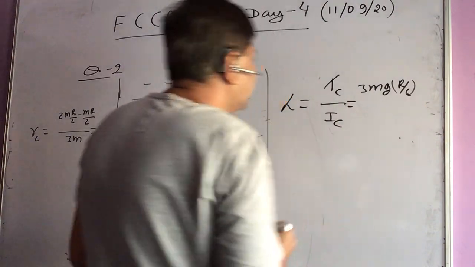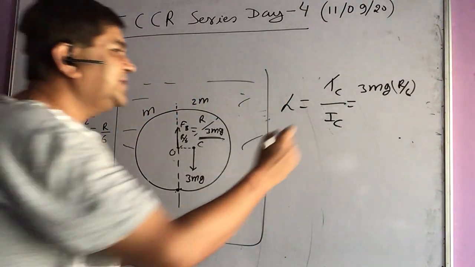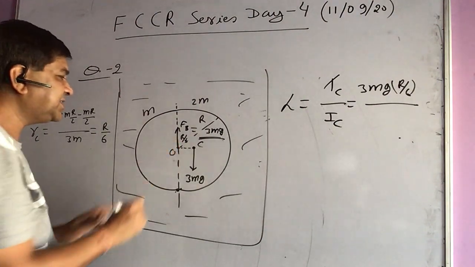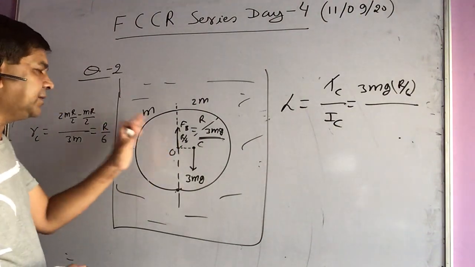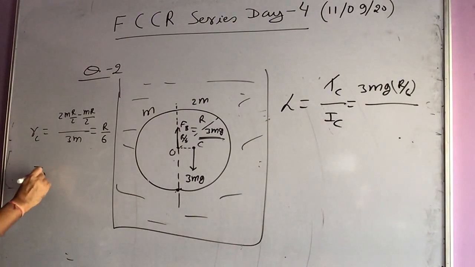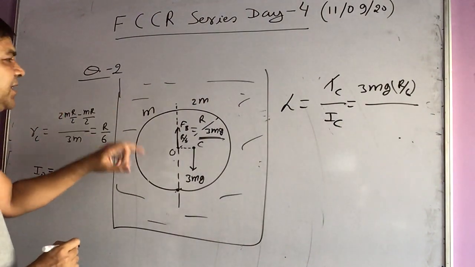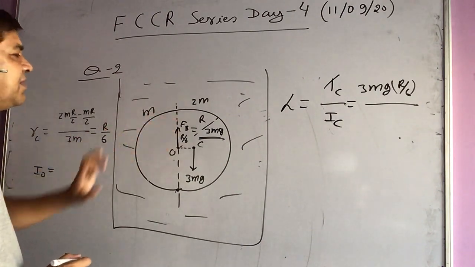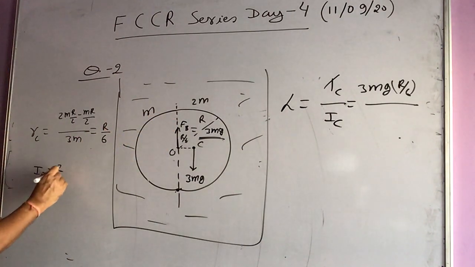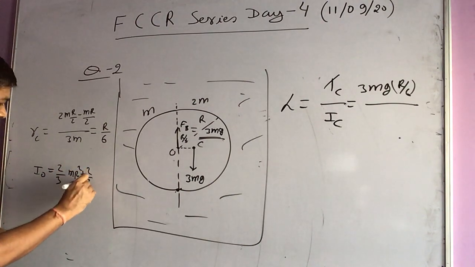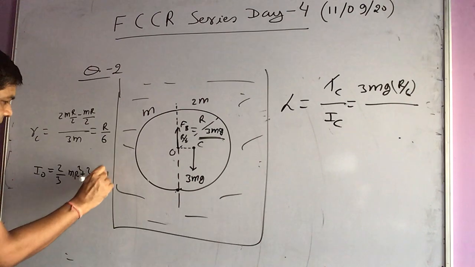And now the second part is the moment of inertia calculation. That is also a tricky one. In fact, you know, if I am asking you the moment of inertia about O, that is going to be the sum of the moment of inertia of the two hemispherical parts. So I naught is going to be 2 by 3 of mr square plus 2 by 3 of 2 mr square. So overall it's going to be 2 by 3 of mr square plus 2 by 3 of 2 mr square.